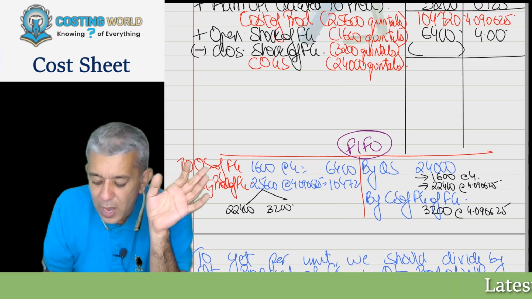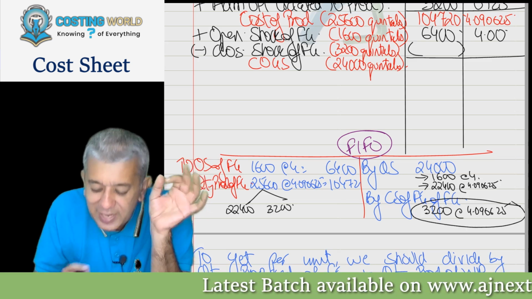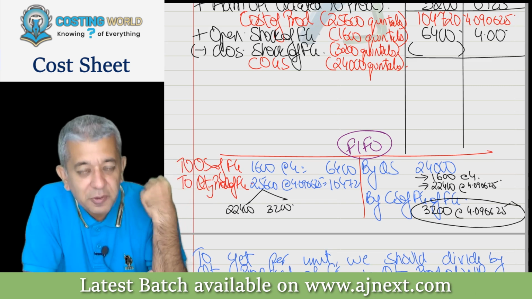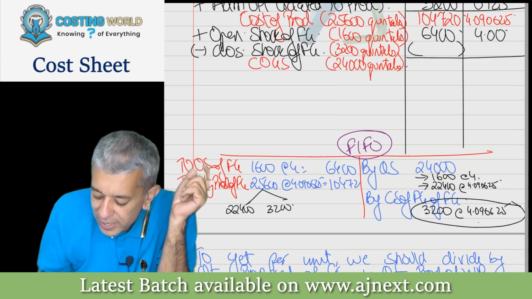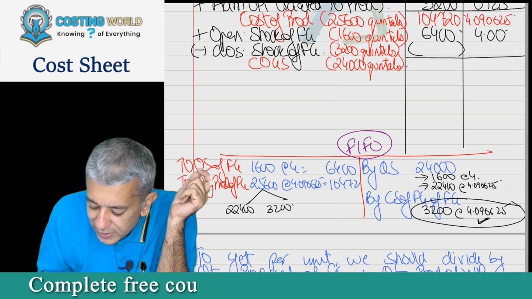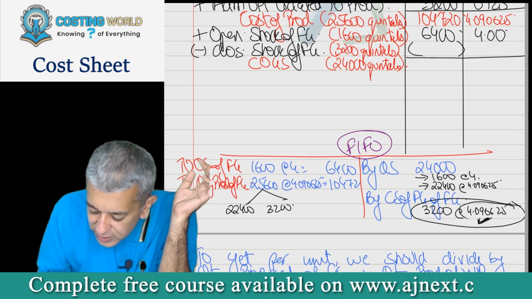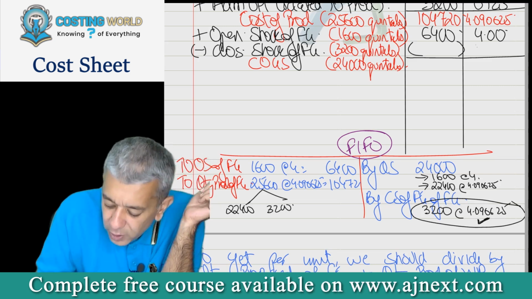4.090625. Okay, so I am interested in this only, exactly. So therefore, if I follow FIFO method, my closing stock will get valued at this particular figure. So this particular figure I'm going to be writing over here. So write down